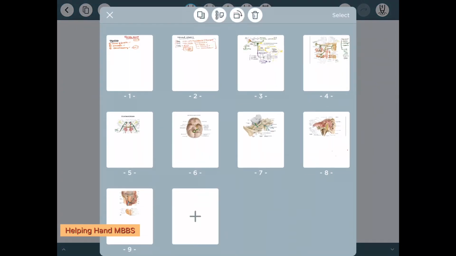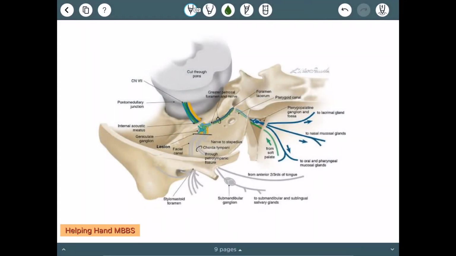Now let us see further. This is a very good diagram to understand the various things. This is our pons part. It gives the facial nerve. The facial nerve like this enters this internal acoustic meatus. This is the petrous temporal bone part. I hope you can visualize it. This is the petrous temporal bone part, and this is the internal acoustic meatus. So in the temporal bone it forms this geniculate ganglion, and after forming the geniculate ganglion, it gives 3 branches in the posterior wall of the middle ear.